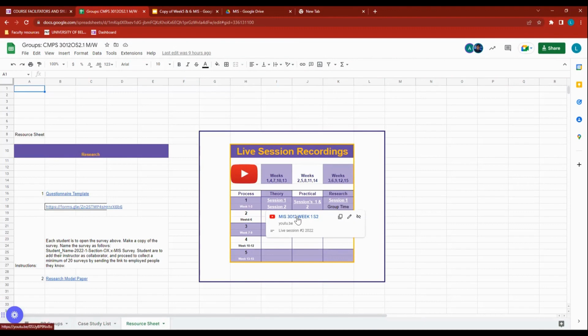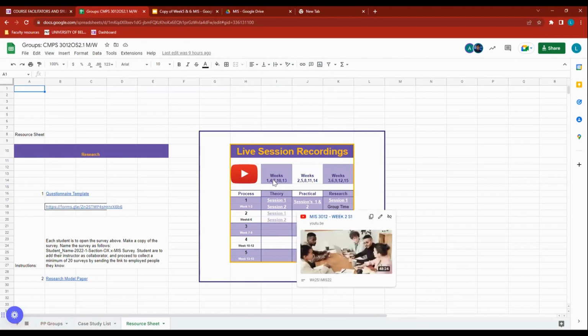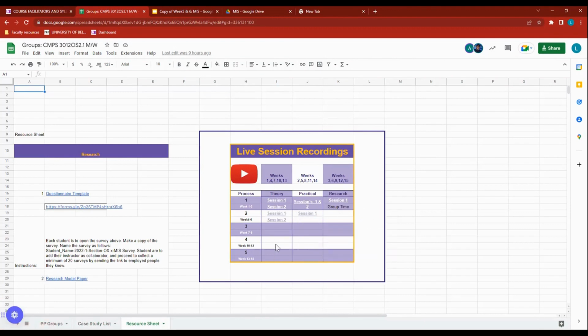So you can always come here to click on the different weeks. We have 3 things that we do in class: theory, practical, and research sessions within the week. We are at the week 4 to 6 section of this chart. So far we've had 2 sessions for week 4, and this is our second session for week 5. Next week, because of the holiday, we won't be having a session.